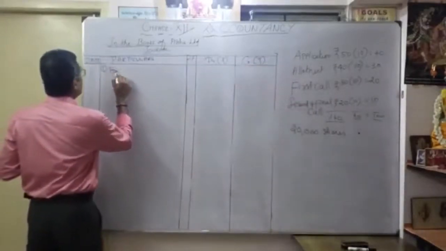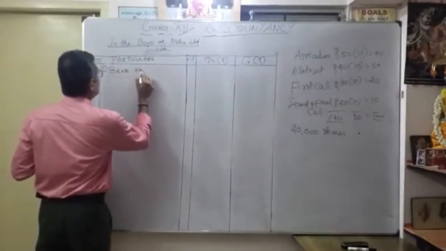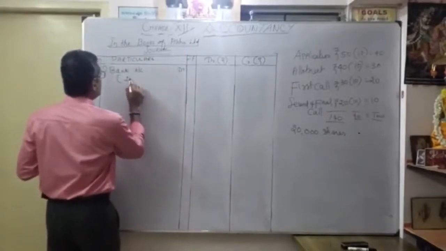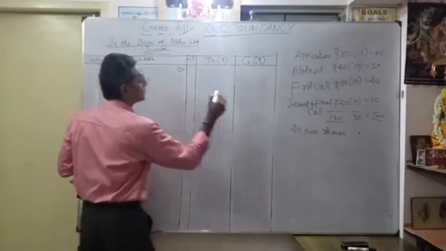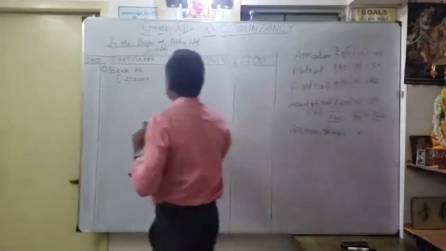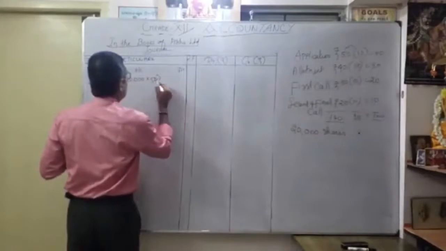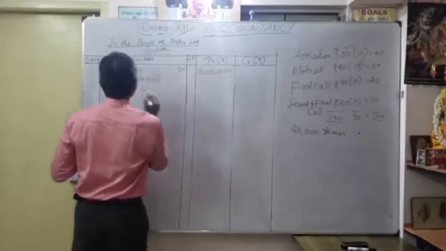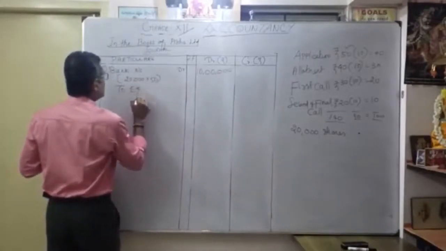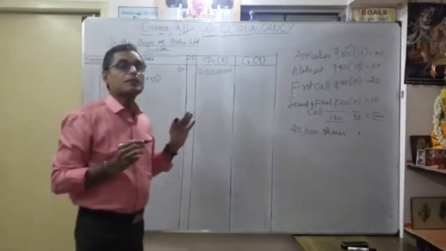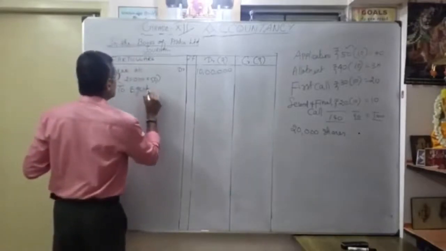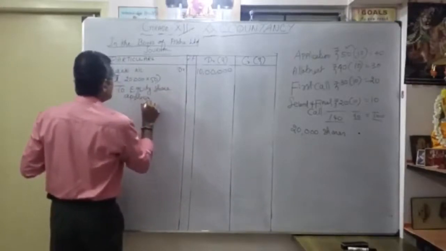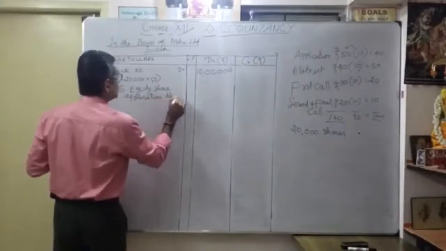See, bank account debtor, how much? That's what in the bracket, 20,000 into 50 rupees. Okay, this I written 50 rupees. So how much totally coming? It is coming under 10 lakhs. To equity share application account, because here we are issuing what type of share? Equity share. How much? So 10 lakhs.